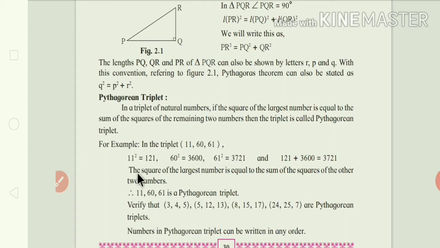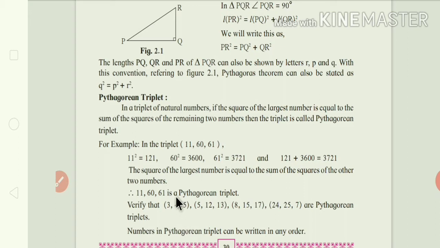Then these two small numbers 11 and 60, the addition of their squares, 121 plus 3600, is equal to 3721. Now the square of the largest number is equal to the sum of the squares of the other two numbers,